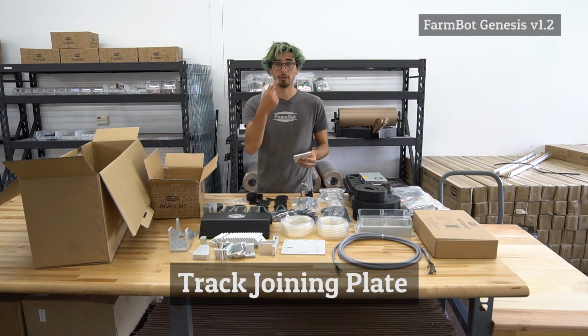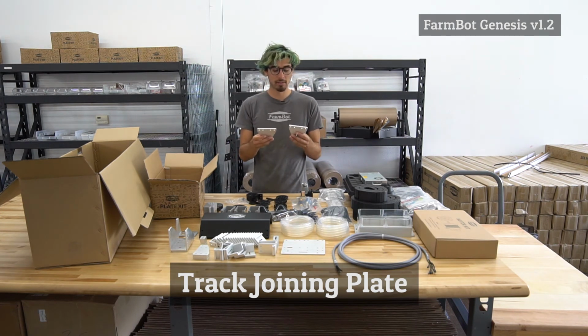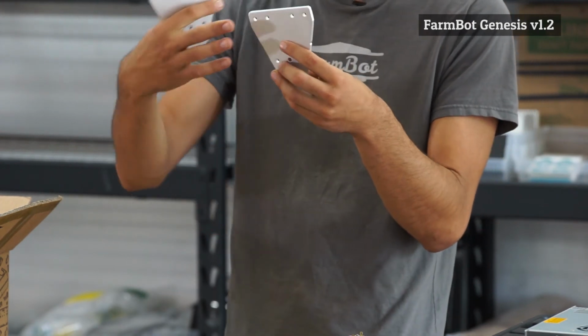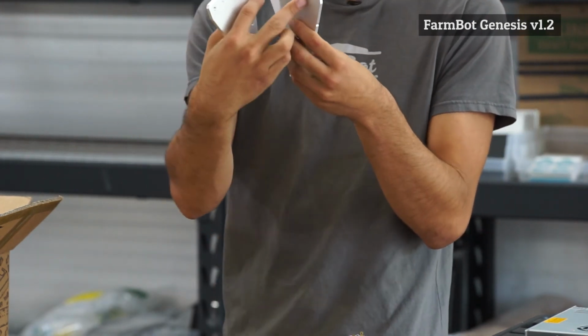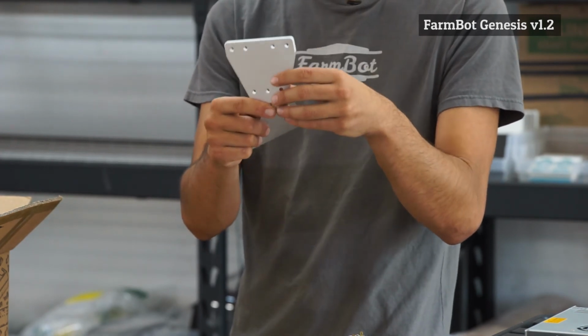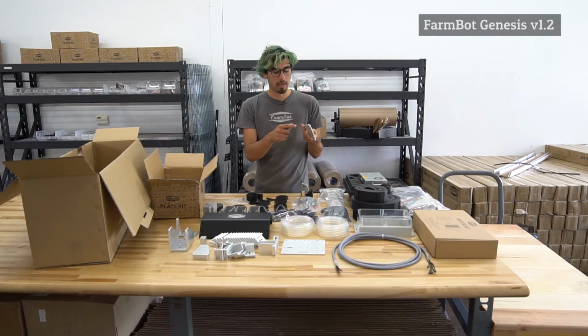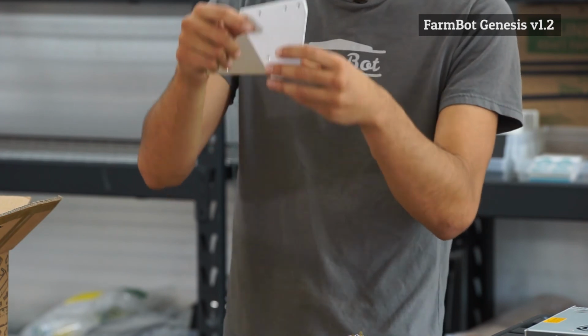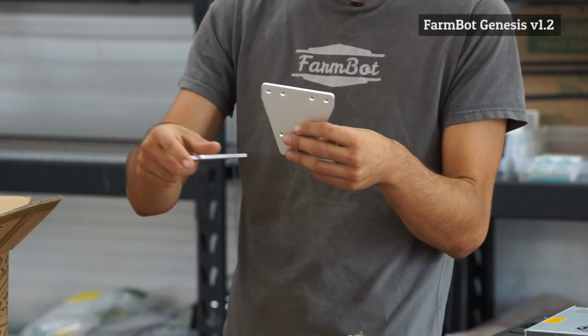They're very similar to the track end plates, but these join 2 aluminum extrusions together for the tracks. So one extrusion goes on these holes and the other on these holes. And then these holes are for mounting with wood screws to the raised bed. And again, these also have notches in the sides to help you position this plate vertically in relationship to the